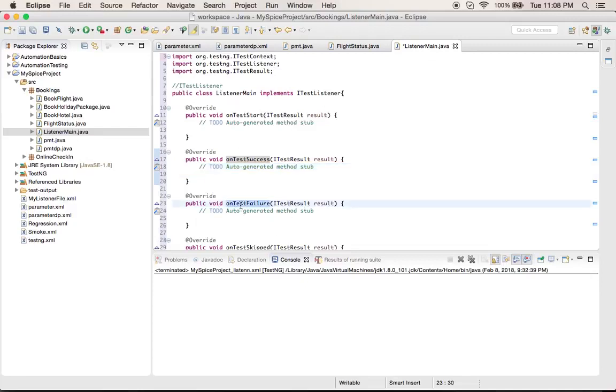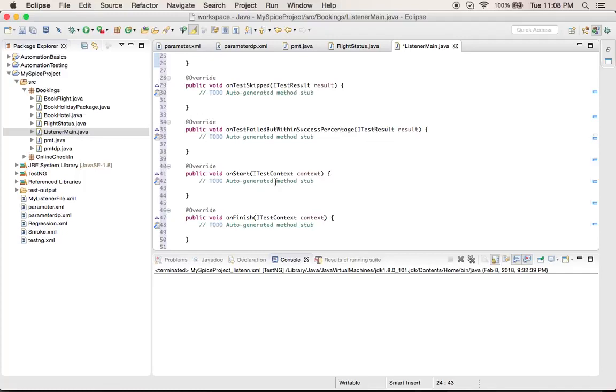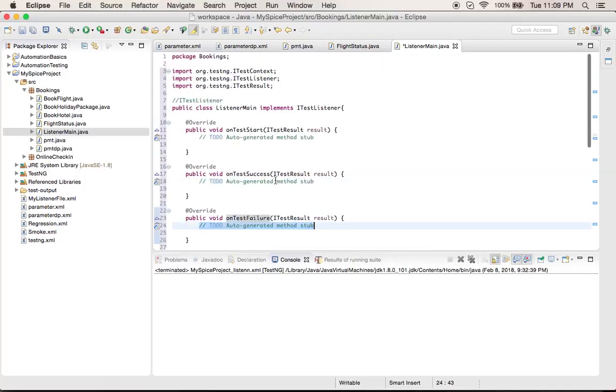And the next one is test failure. So usually you want to take a screenshot. That's what we talked about earlier when we were talking about the example, right? So the code that takes the screenshot will be here. Whenever your test case fails, come here and take a screenshot. Likewise, you have a number of methods that are supported by this interface, so you can use whatever you want. And let's take an example and see how this works.